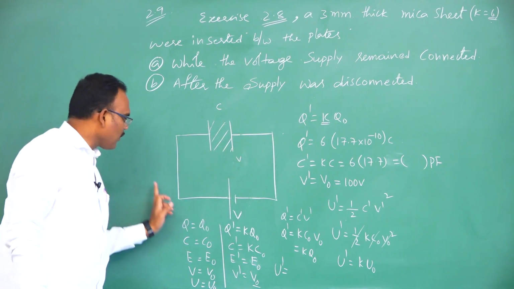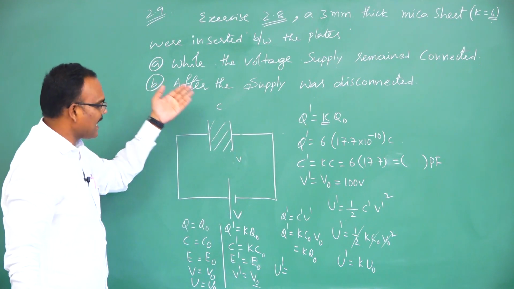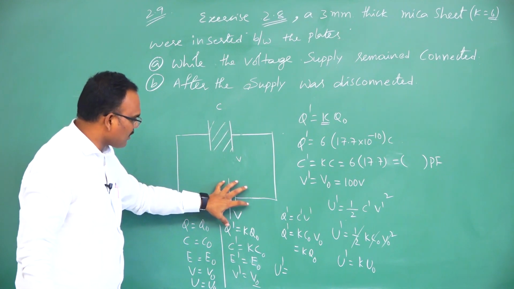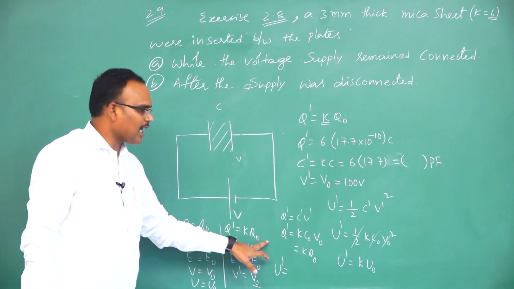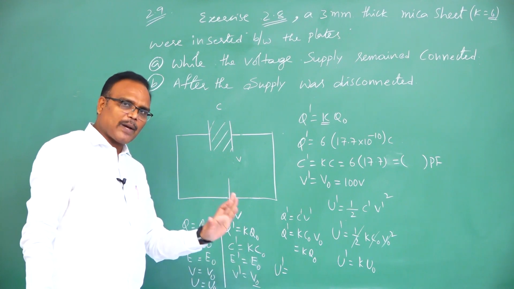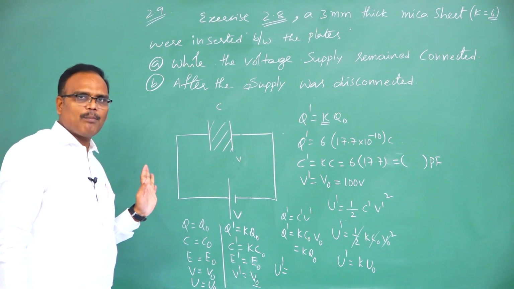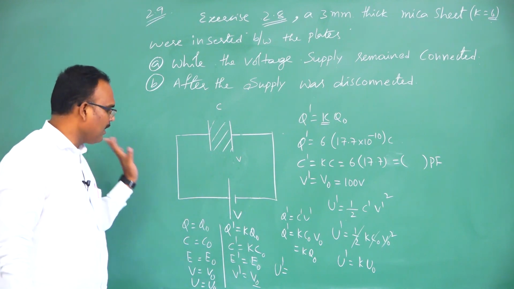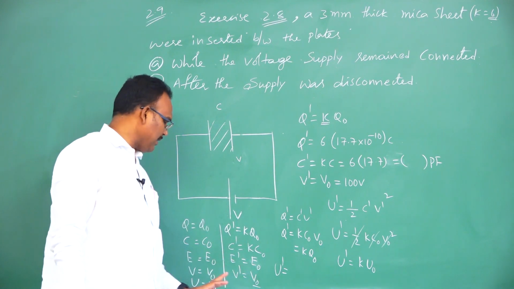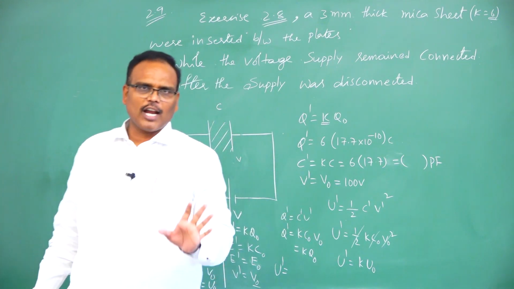That means charge flows from one plate to another plate. That means charge on the capacitor plates increases. So that's why when a dielectric slab is introduced in the presence of the cell, charge becomes KQ and capacitance becomes KC, irrespective of whether the cell is there or not. If we introduce a dielectric slab completely between the plates of the capacitor, capacitance becomes KC, but potential remains the same, electric field remains the same, and energy increases by K times. These are important key points you have to analyze.